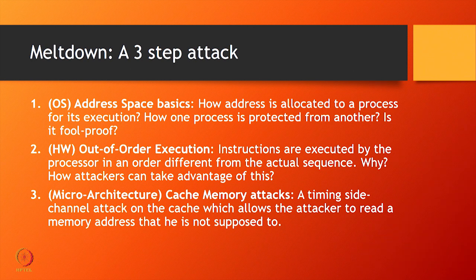So, if I want to protect one process from another process, basically that means I should stop the X process from accessing any of Y's memory, and I should restrict the Y process from accessing any of X's memory, right. So, X and Y are two processes and to protect them, I have to protect the memory regions that both of them access, right. So, we have to understand the OS issue here.